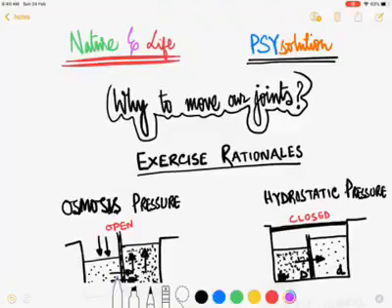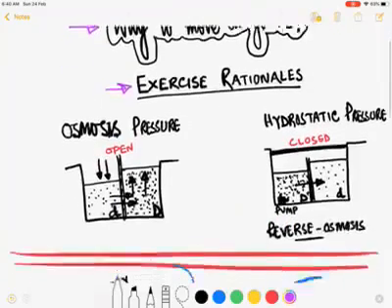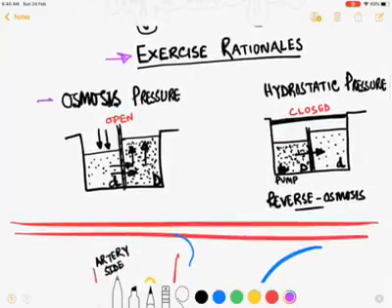Hi, this is Kalyan from Sci Solution, and today we'll be talking about why to move our joints, the exercise rationale. Before going into the details of the exercise rationale, we need to understand a little about the osmosis process and